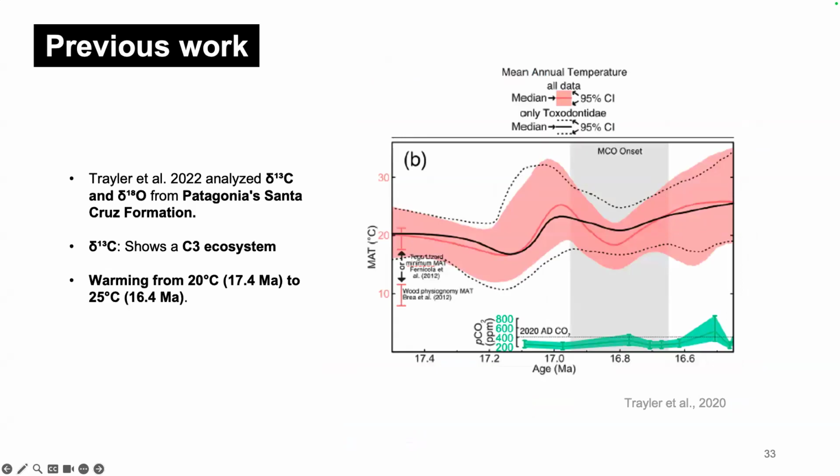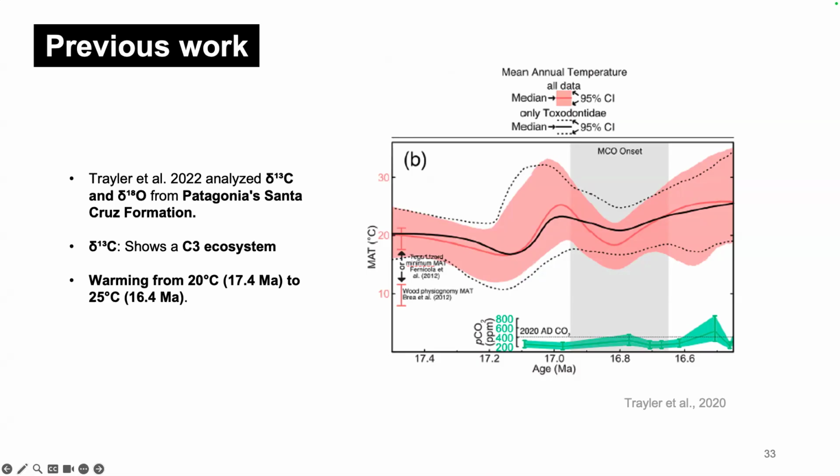Later, Trayler et al. analyzed delta 18O and delta 13C from herbivore tooth enamel in the Santa Cruz Formation to assess environmental changes during the Miocene climatic optimum. Delta 13C values indicate a C3-dominated ecosystem with mixed wooded and open areas. Delta 18O values reveal a warming trend with estimated temperatures rising from 20 degrees Celsius at 17.4 million years ago to 25 degrees Celsius by